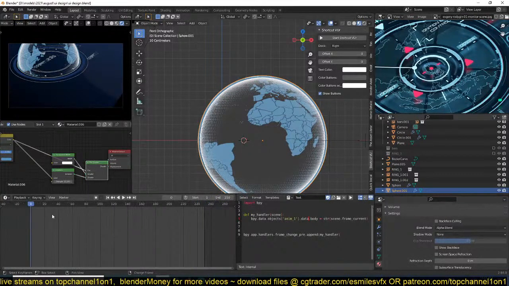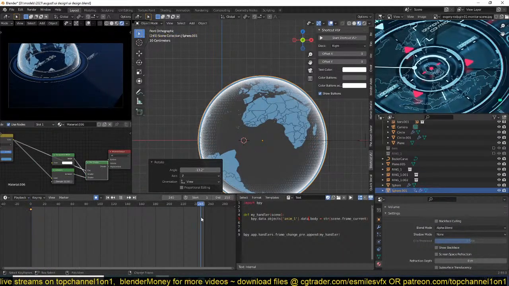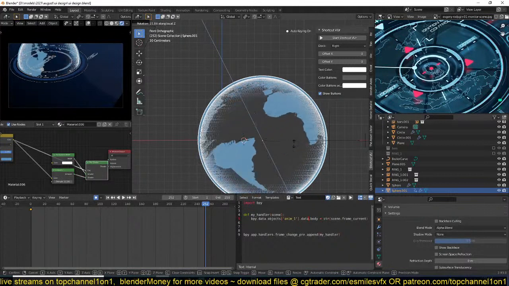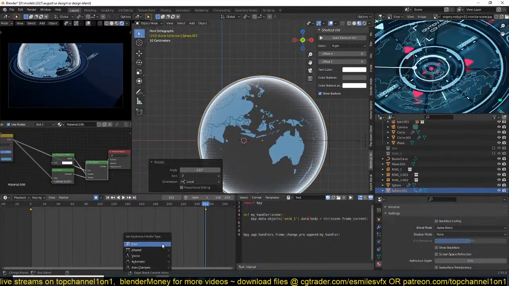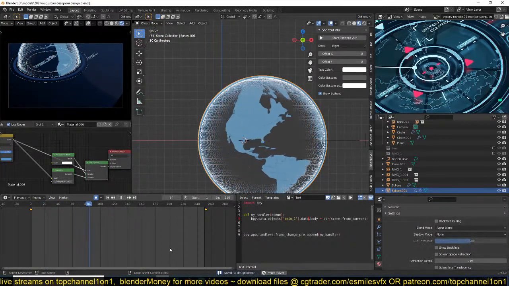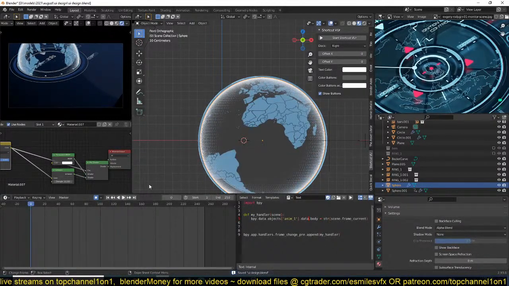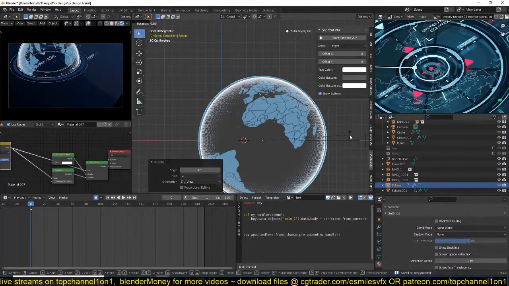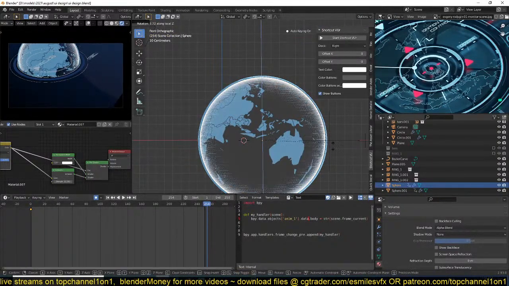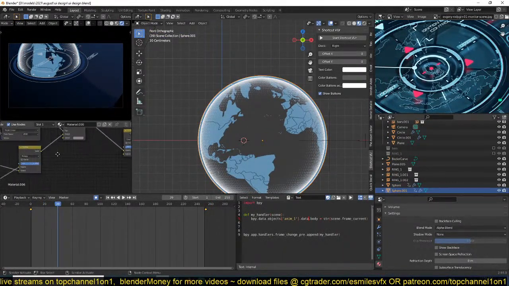I want this to have a rotation, like a nice one. So vector. And this grid has to also be moving. And maybe a little bit